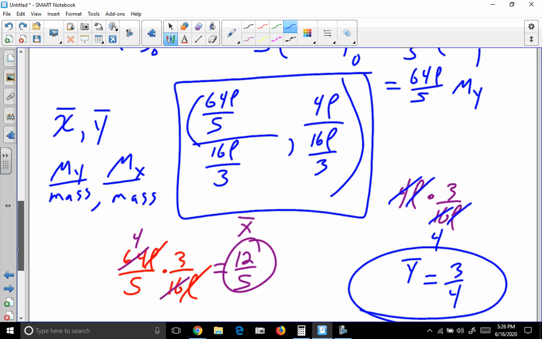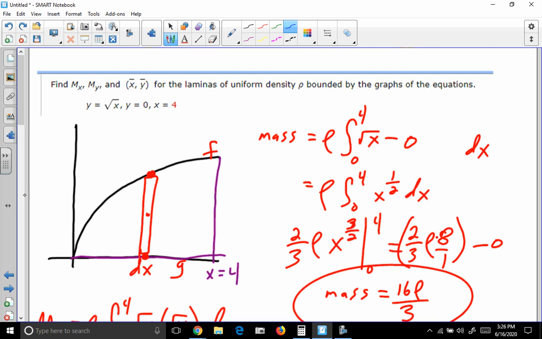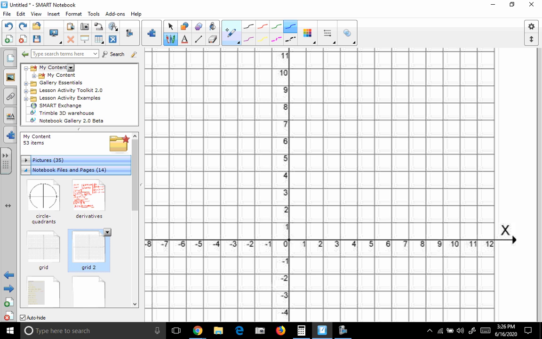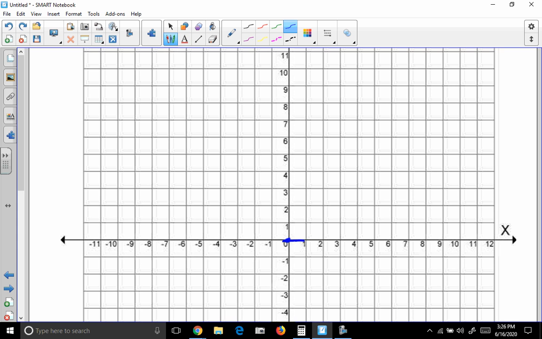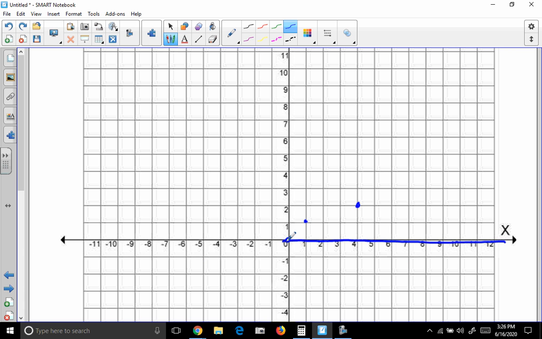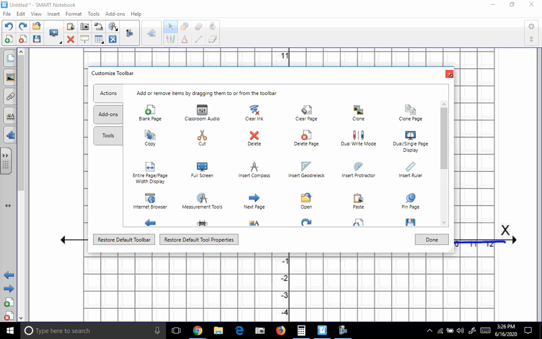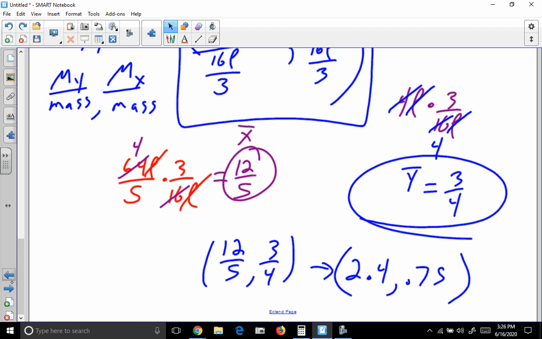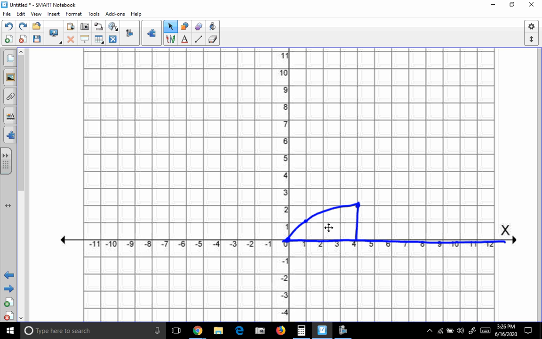So if we look at our picture, the x-axis, and then how far over do we go? We go to x equals 4. So that's our area. Our center is over 2.4. So about